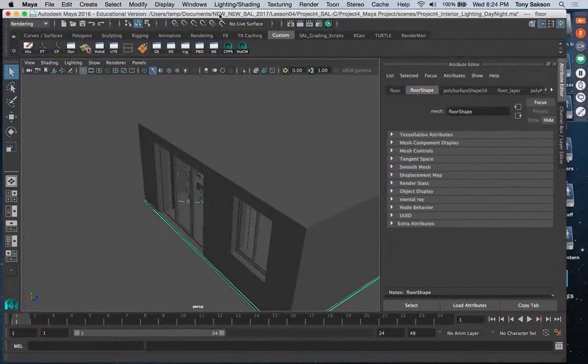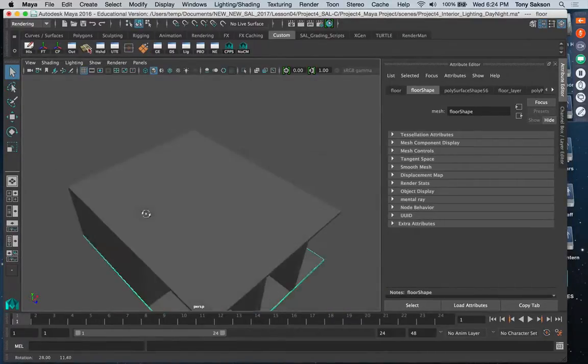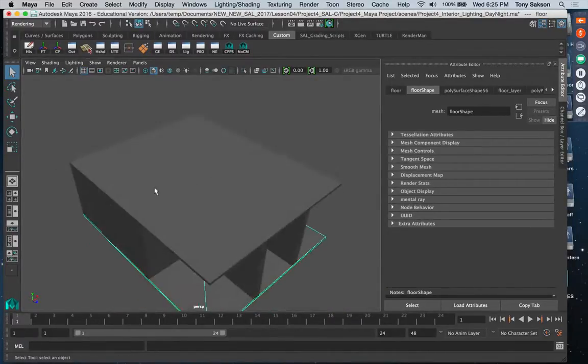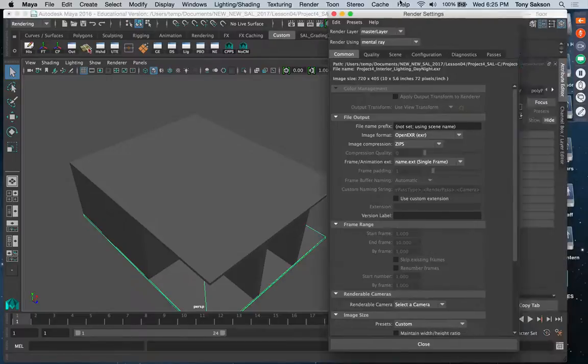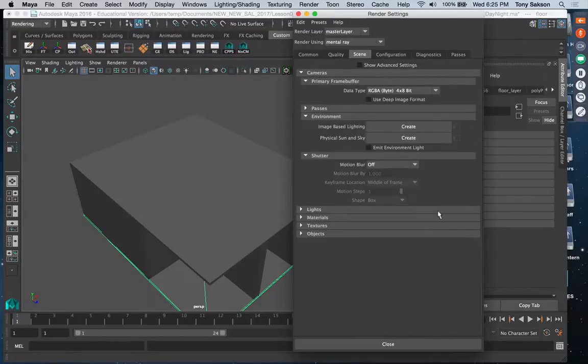All right. Back here. So first thing we want to do in order to work on this, we need to create an IBL. To create an IBL, you have to do that in the render settings. In the render settings, next to quality, there's a tab called Scene. If you click on Scene,